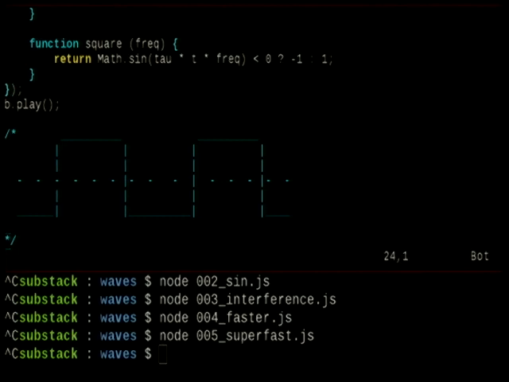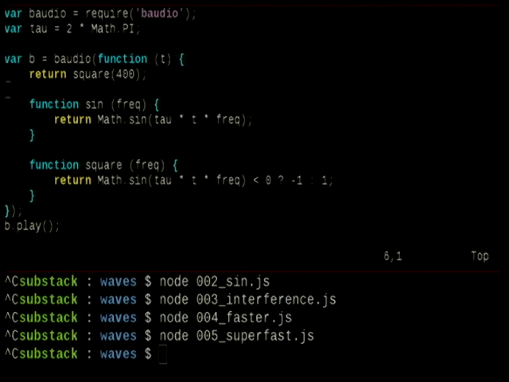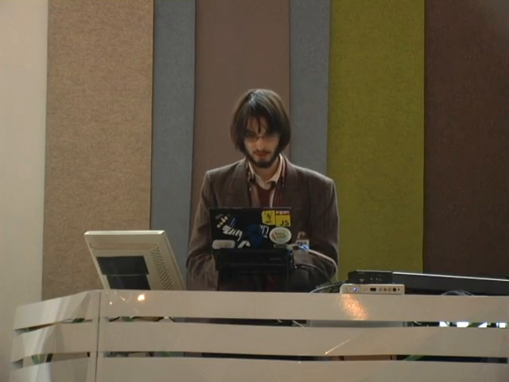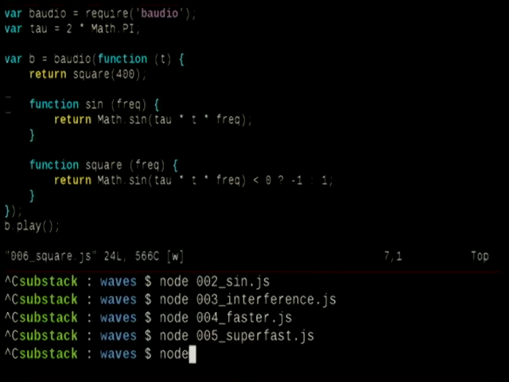We can also do square waves. So square waves, I've got an ASCII image of that. They're like sine waves, but boxier, I guess. So here we've got a square wave, and basically this just takes the sine wave and returns -1 or 1, based on which side of the 0 you're on. So if we run this example, you can...